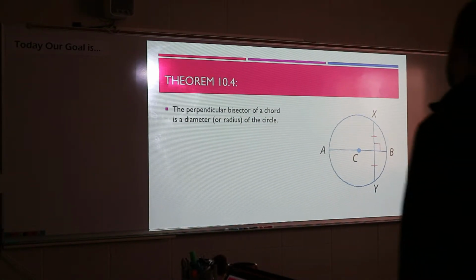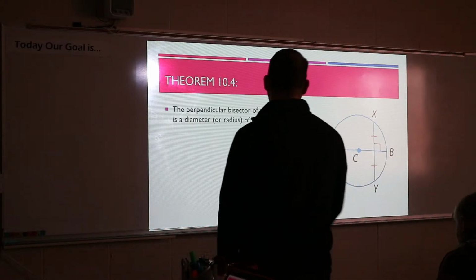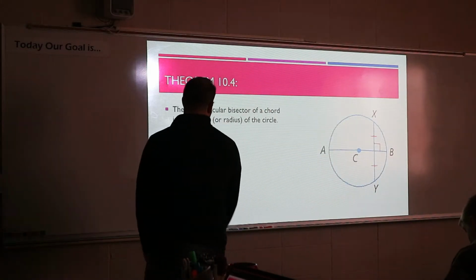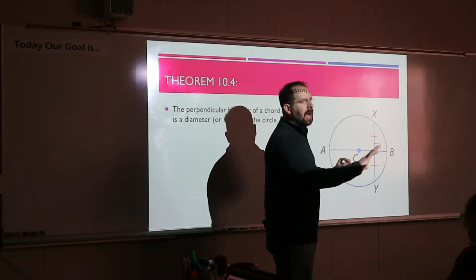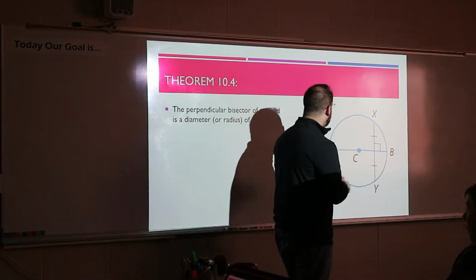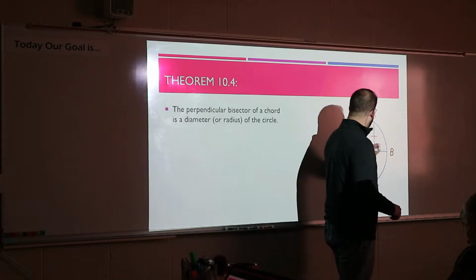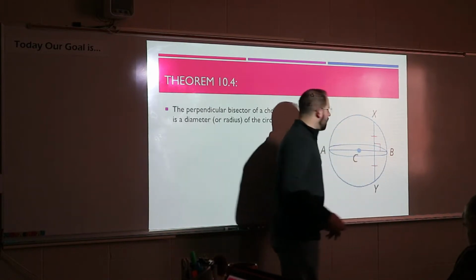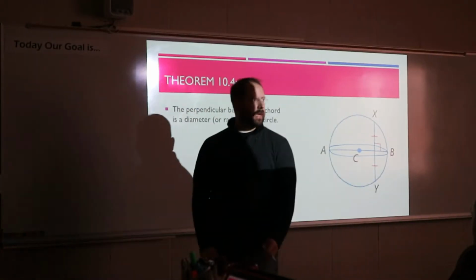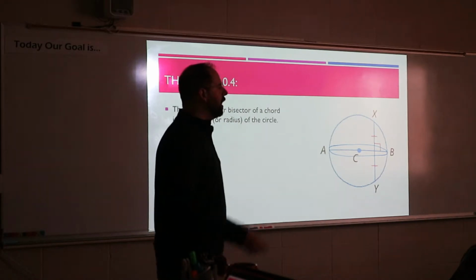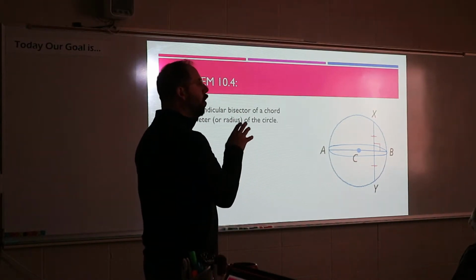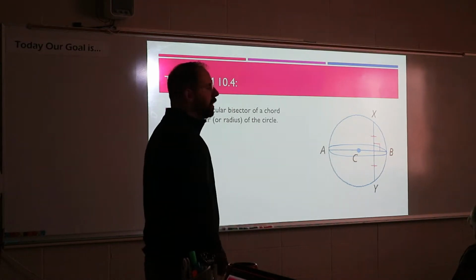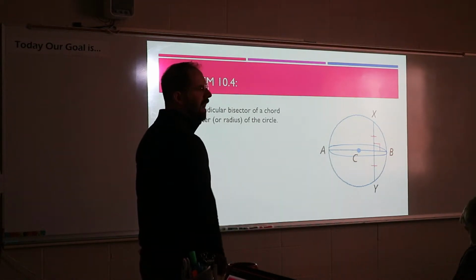The perpendicular bisector of a chord has to be the diameter or the radius. So this is what we're trying to show. This picture, I'm going to get rid of it in a minute, but we're trying to prove this concept, that it has to be the radius or the diameter. That line, A to B, that I've drawn there is the only one that can split XY in half perfectly